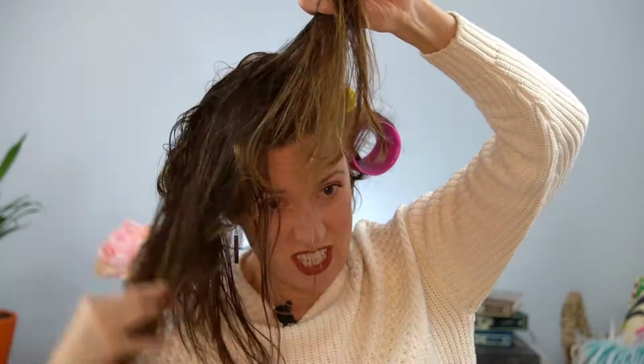And let's see. We've got this little piece right here. I'm just gonna throw in the very smallest curler in there, and it will be just fine. All right, now we're gonna take the top part down and lay it down carefully so we don't ruin what we've done. So I'm just kind of gonna section it out,